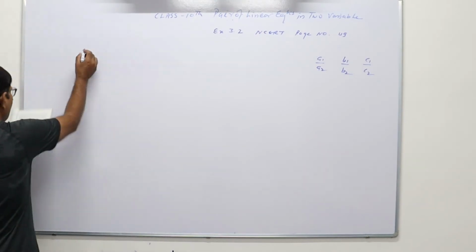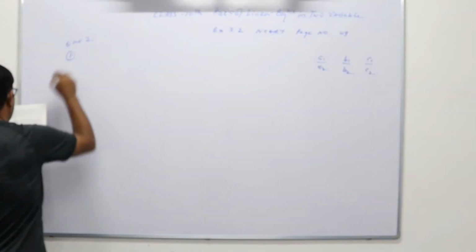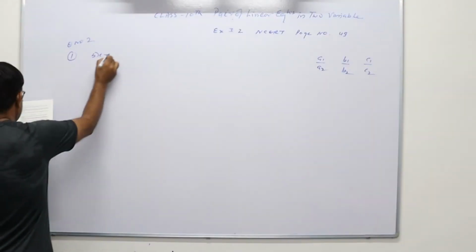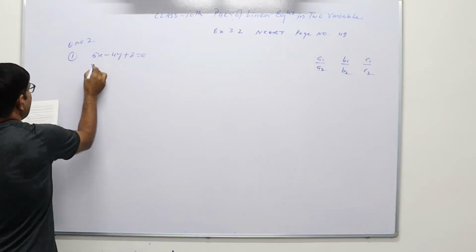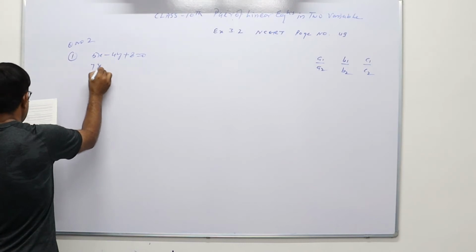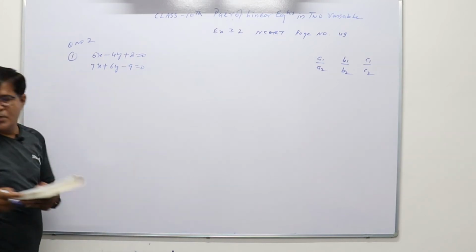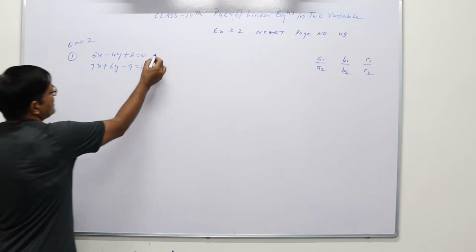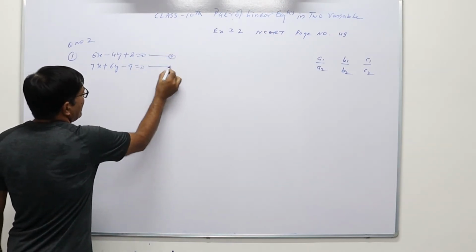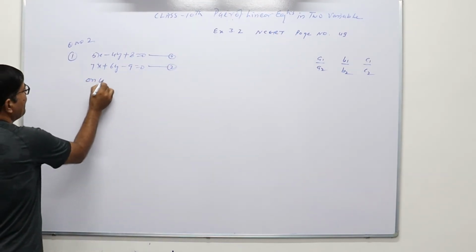So let the first pair of linear equations be: first is 5x minus 4y plus 8 is equals to 0, and second equation is 7x plus 6y minus 9 is equals to 0. So this is the pair of linear equations and we have to check. So first let us put this as equation number first and equation number second. Now on comparing